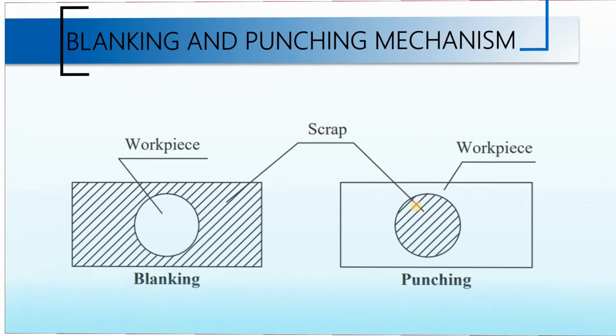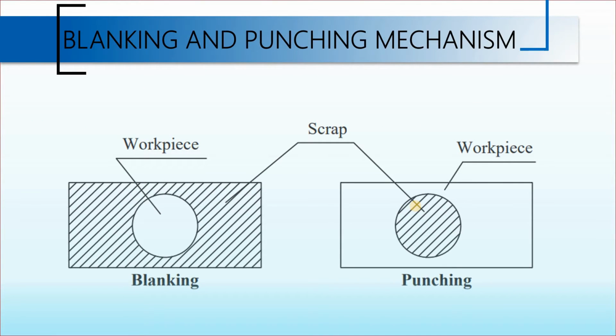And now in this picture I will let you understand the difference between blanking and punching operation and the mechanism behind it. Here you can see that in blanking operation, the portion that has to be cut out is our workpiece. Suppose this is a sheet or coil, and from this one portion, say a round blank of diameter 10, has to be cut out, and that is this. Okay, and this is the workpiece.